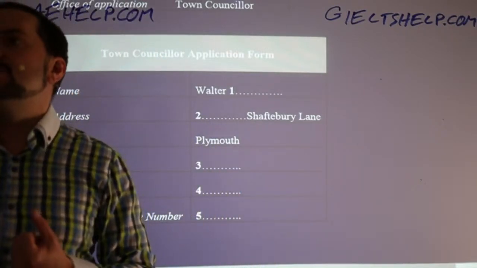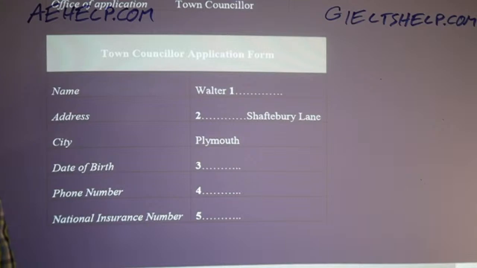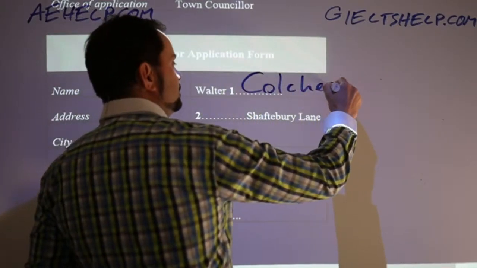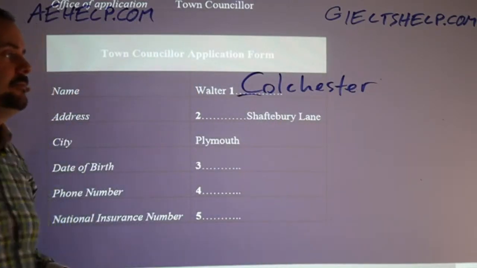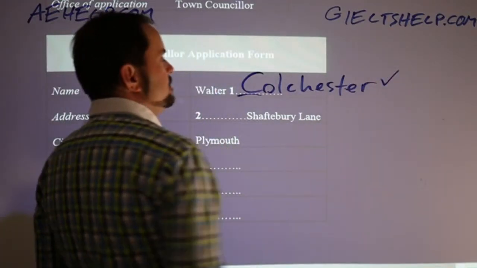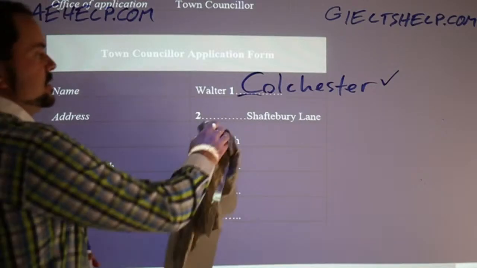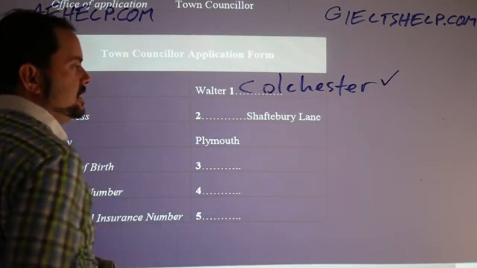So Amu and Huang and Poonam all say Colchester. Colchester is the correct answer. Okay. Now, you have to have a capital C. And this C has to be capital for this to be correct. If you wrote a small c, you'll get it wrong. And letters that look the same when they're uppercase as lowercase, like C, you really want to make them nice and big. So if you have a kind of a half-size letter like this,